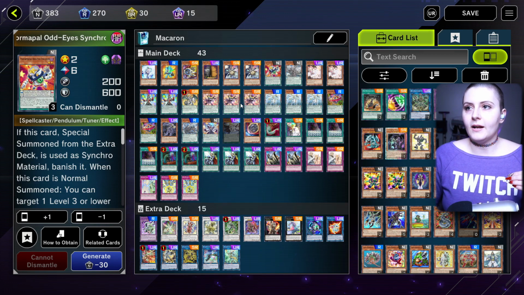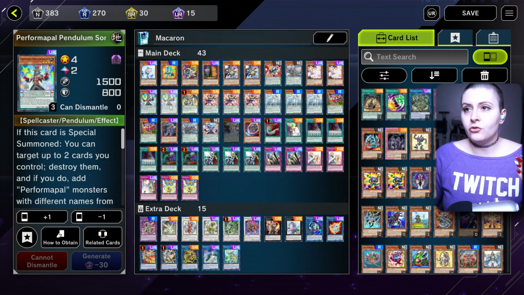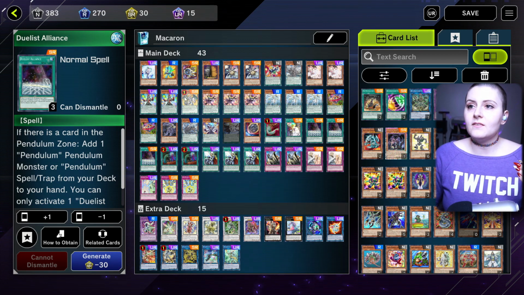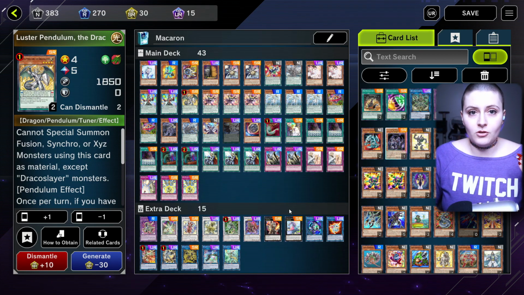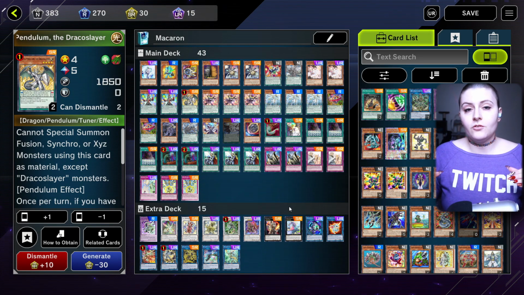Now, in order to even get this to happen, the way that you want your board to look and be set up is you're going to want to have a Skulkbat so that you can then get a Pendulum Sorcerer in your hand, and we have Duelist Alliance in here so that we can then get Lustor Pendulum, because you want to have Lustor Pendulum and Pendulum Sorcerer in your spell card zones